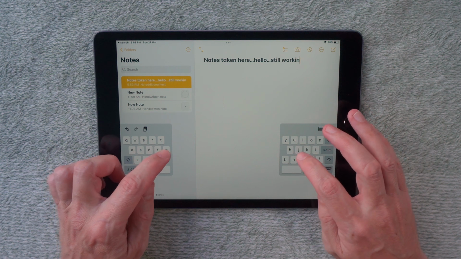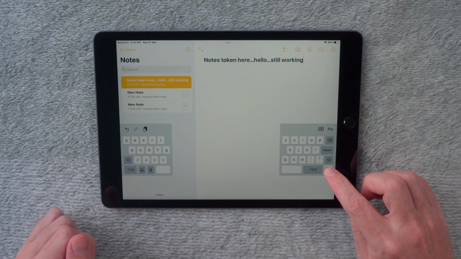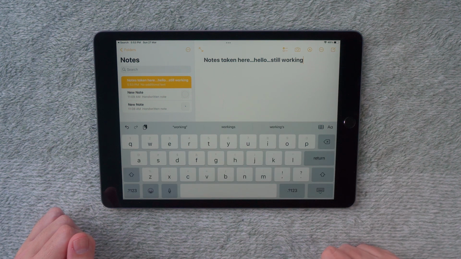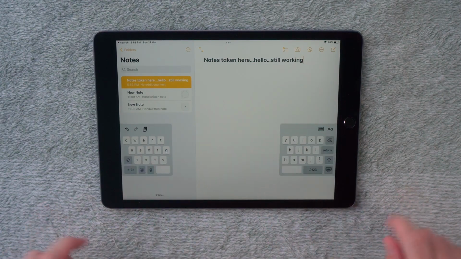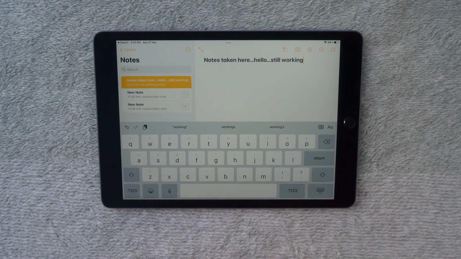If you want to go from the split view back to the main keyboard again, do the same. Hold your finger down on the keyboard icon on the bottom right, then select merge, let go of your finger. There's actually a really quick and easy way of doing that without having to go through the menu option. With both of your thumbs on the left and the right hand side of the spacebar, hold it down and then swipe left and right with your respective thumbs, and it will split the keyboard apart. And then to merge it back again, do the same in reverse. So hold both spacebars on both sides and then swipe in with them both, and it will merge the screens.